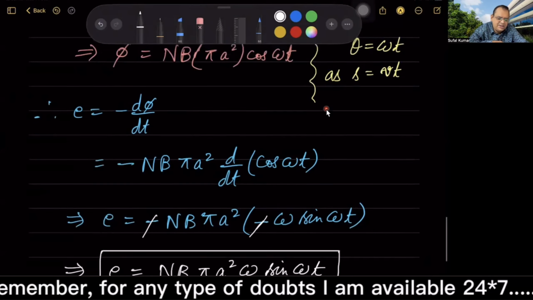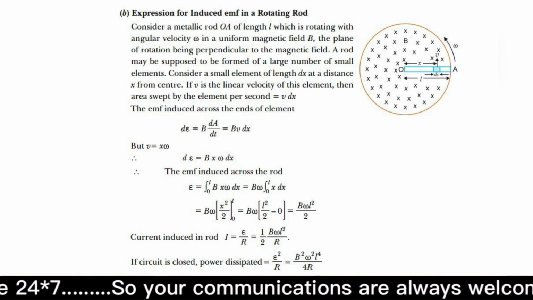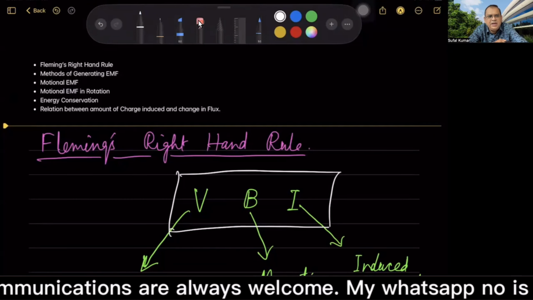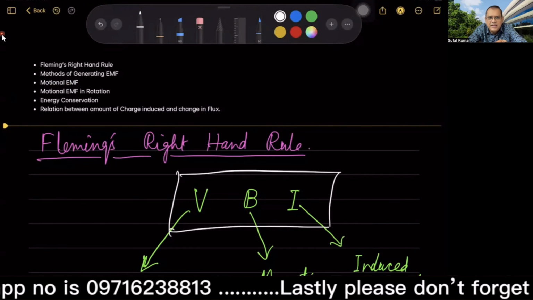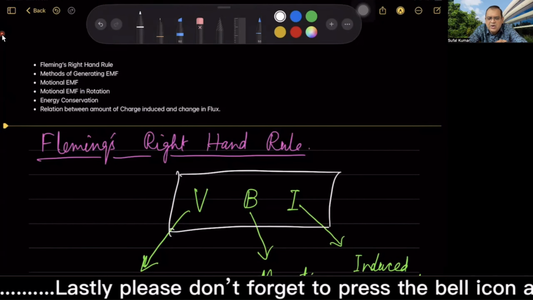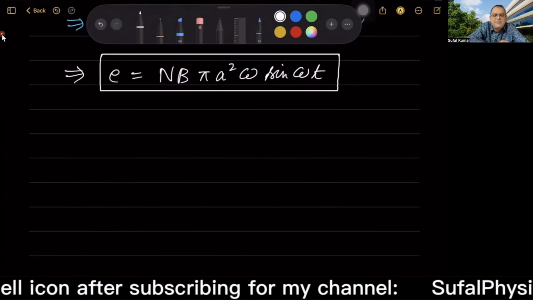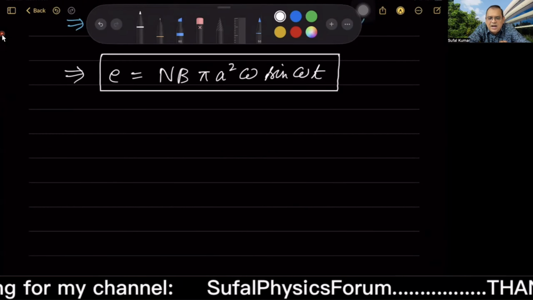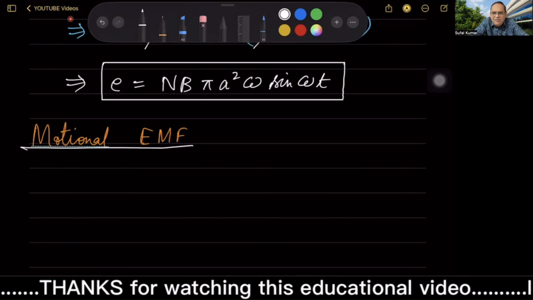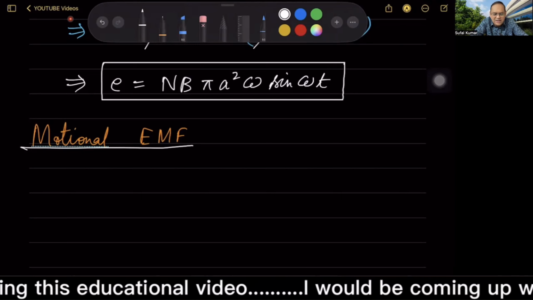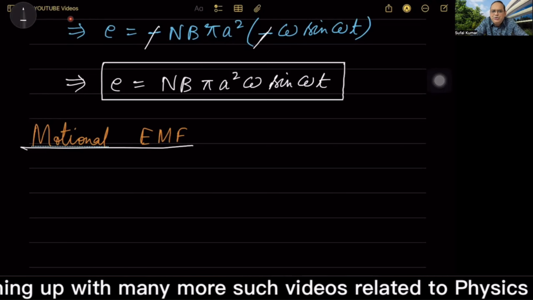Now coming back to our original list, the third topic we are supposed to do is motional EMF. That means EMF induced in a coil due to motion of something. In fact, that something is a straight linear conductor of length L. The next topic is motional EMF, in which we are to study the appearance of induced EMF due to motion of